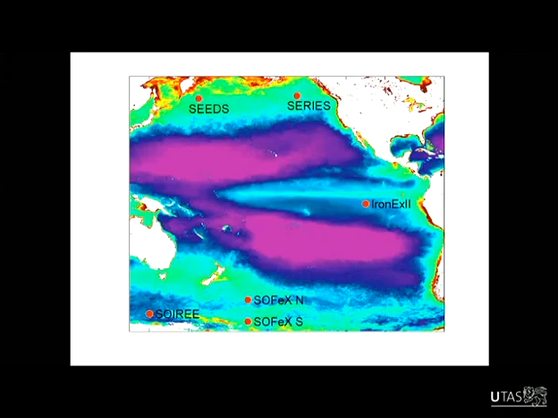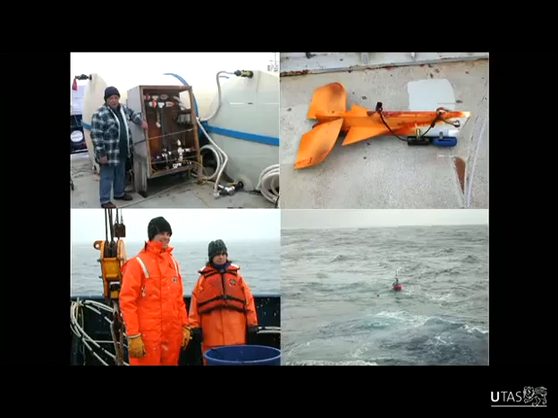Since then, there have been iron fertilisation experiments in the other iron-limited areas of the global ocean, the North Pacific and the Southern Ocean. And Xana and I were on a voyage in 2002 that fertilised 2 patches in the Southern Ocean, and I'll just talk briefly about that. So this is me and Xana here. We went out to 2 different places in the Southern Ocean. Both patches that we fertilised had high nitrate, but one had high silicate and the other one had low silicate.